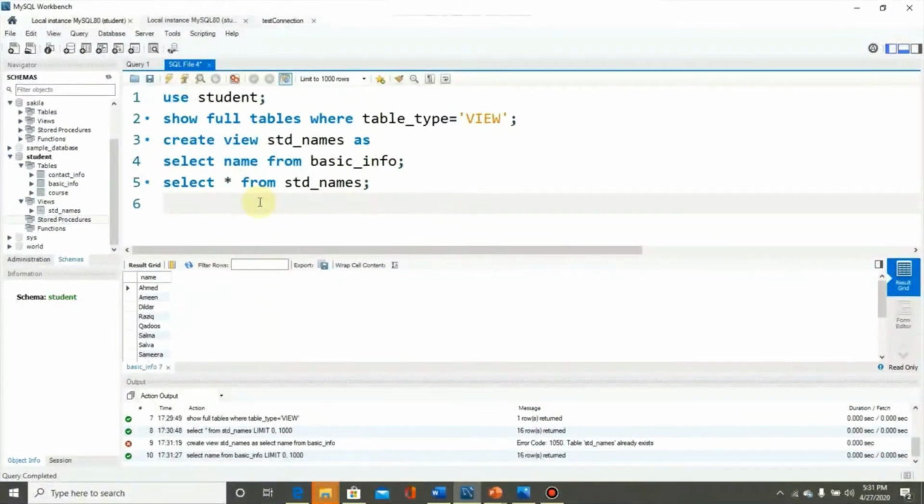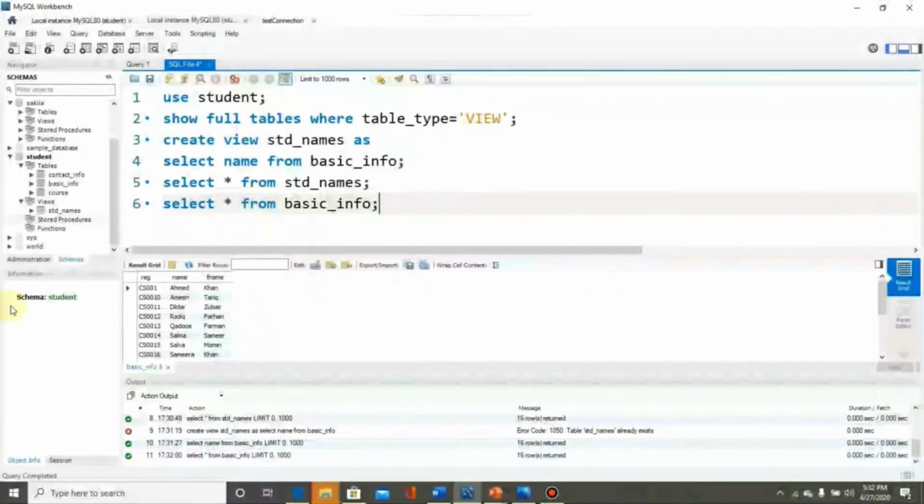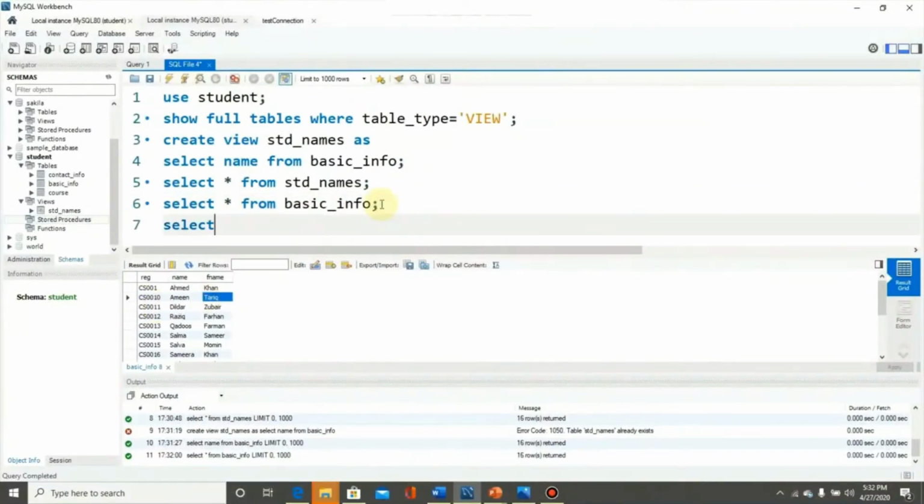So I'm typing select star from basic info, executed by pressing Ctrl Enter. So we have three attributes and some records. Now check the contents of contact info.